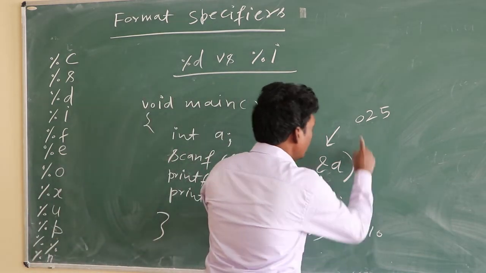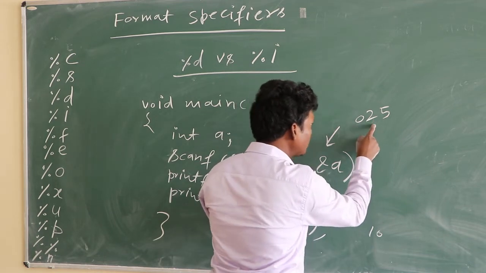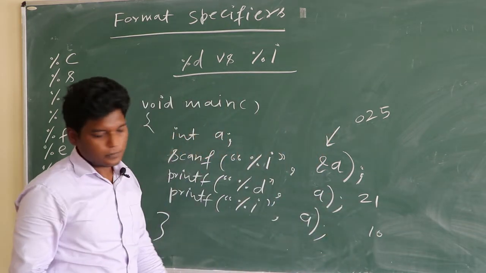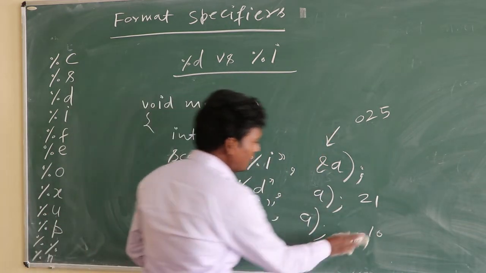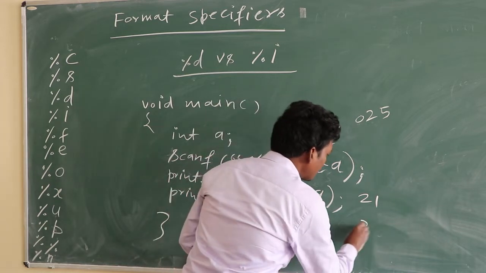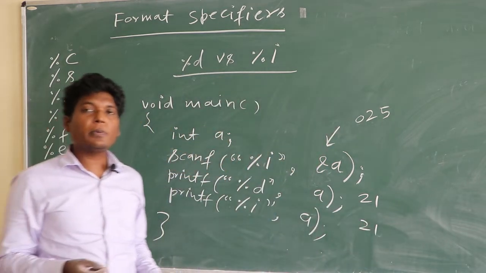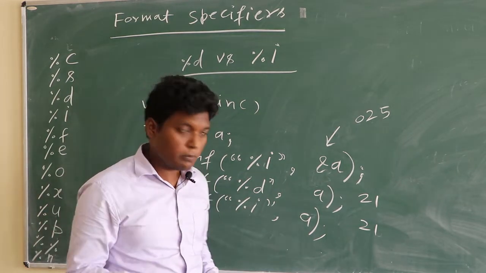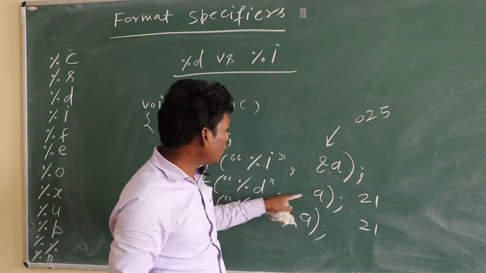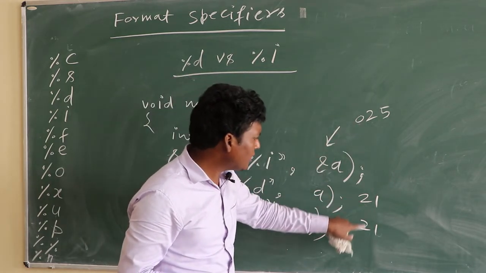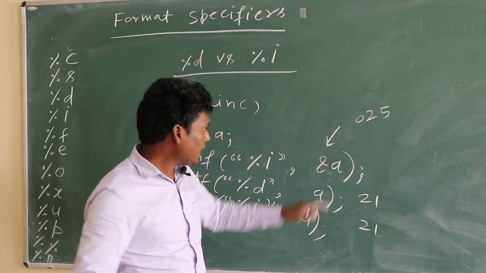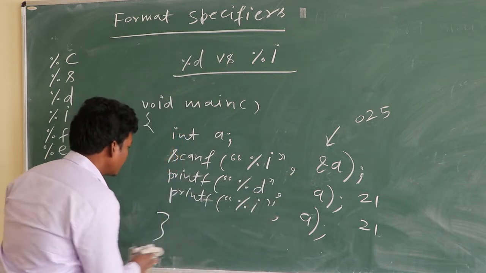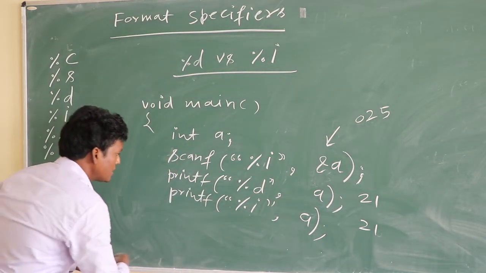So 025 is an octal number, and its equivalent decimal number is 21. So 21 is printed here, and here it is also 21, because %i prints only in the decimal number system, and %d prints only in the decimal number system. So this octal number is automatically converted and printed in the decimal number system, but the value is inputted as an octal number. Suppose we extend this program like this: printf